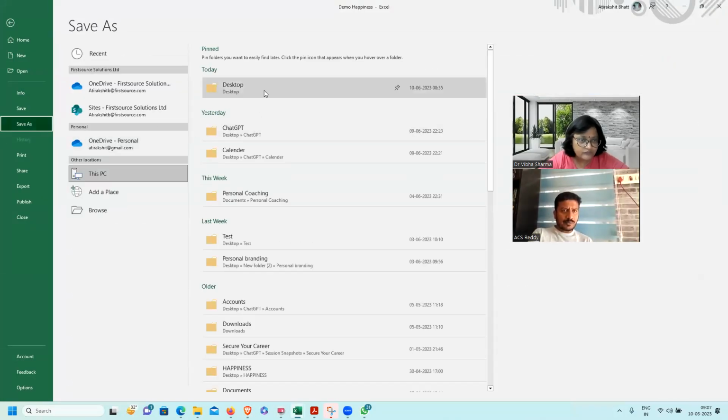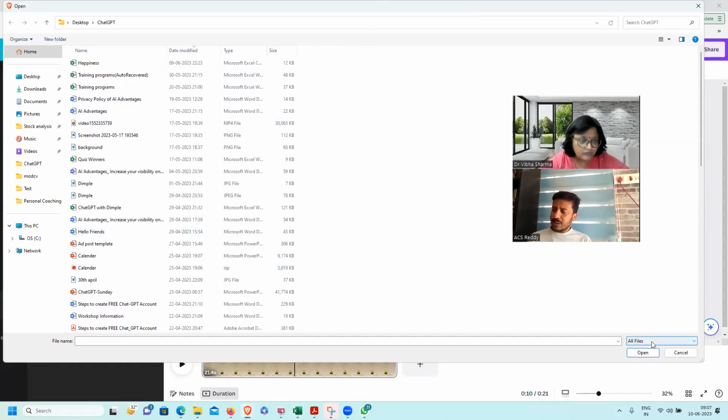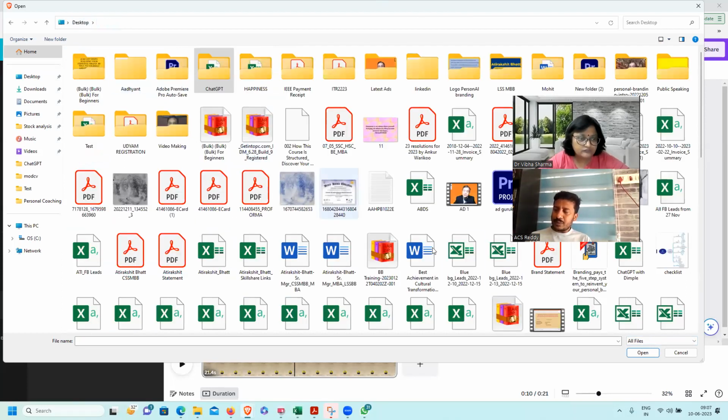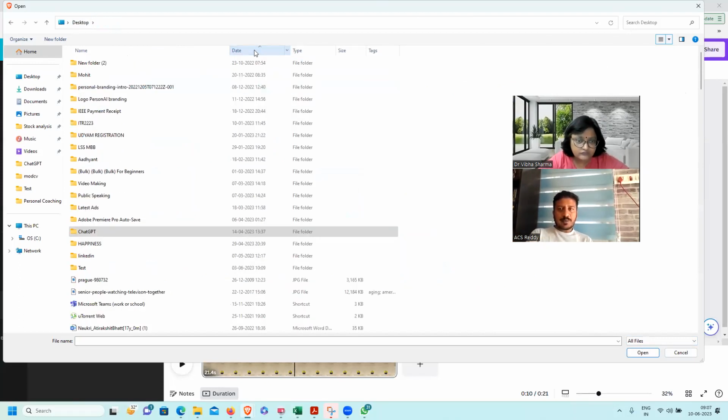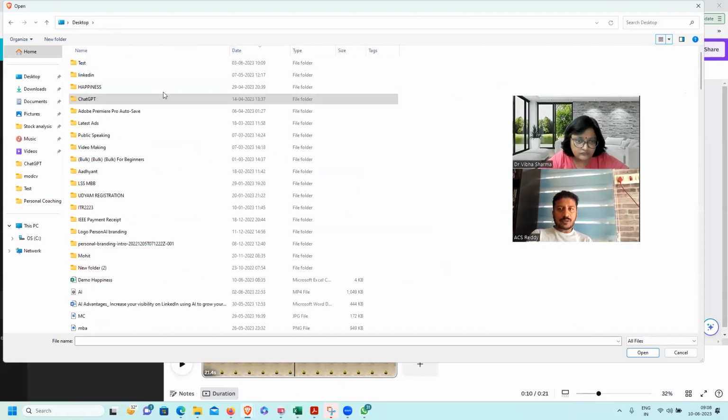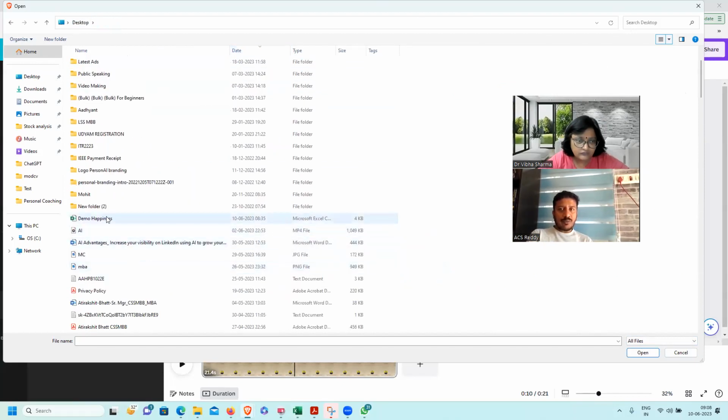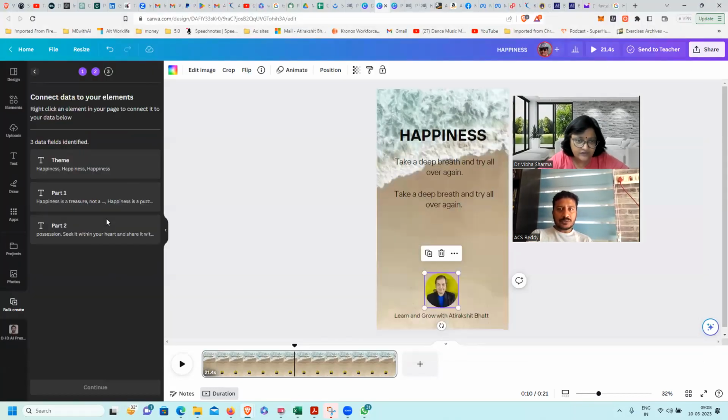Can you go back to the desktop? You click on type, then it should give you the file format there. So I'll select this demo happiness.